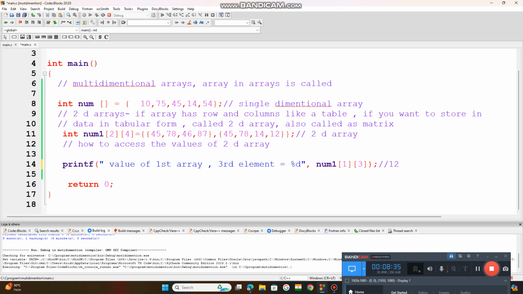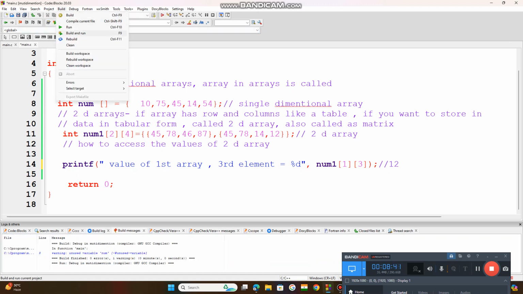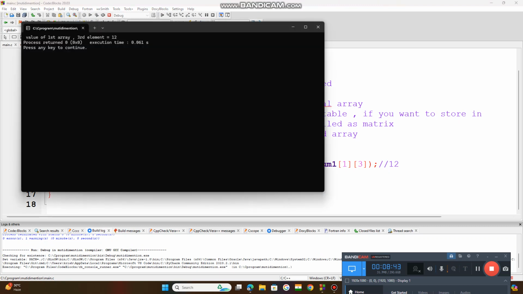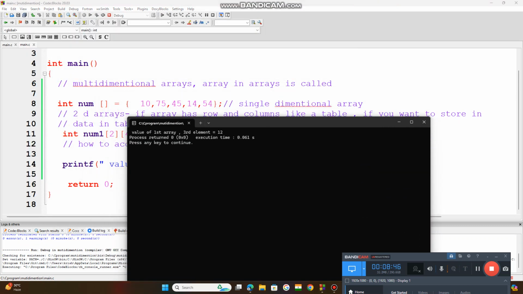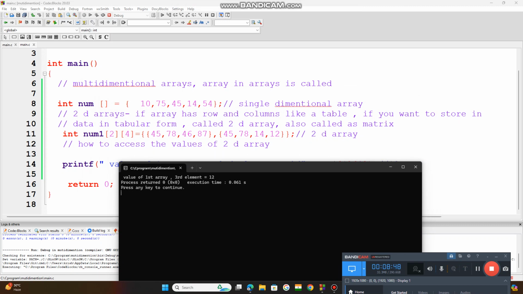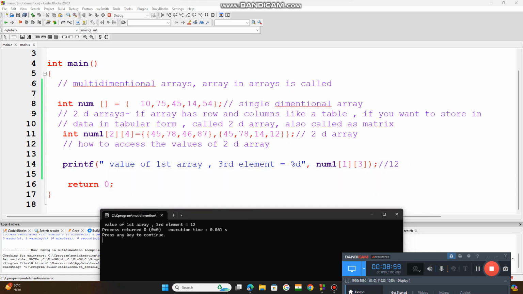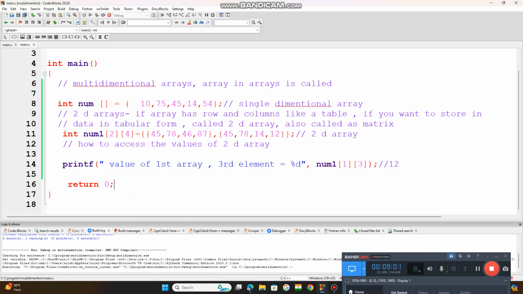Now if you write this, run this code, build and run. Stop this and build and run. It shows: value of first array, which is the 0 index array, third element. Third element means the last element: 12. So if I add one more array here,